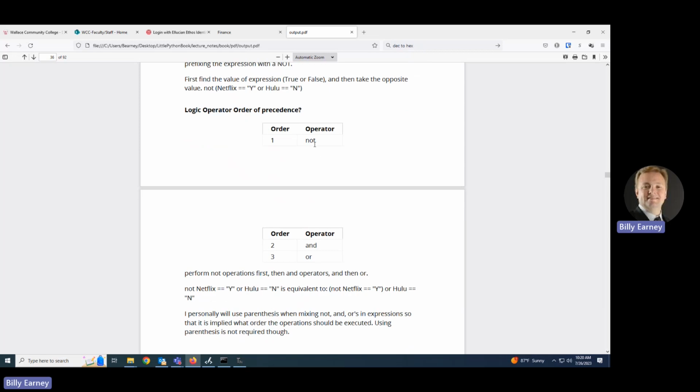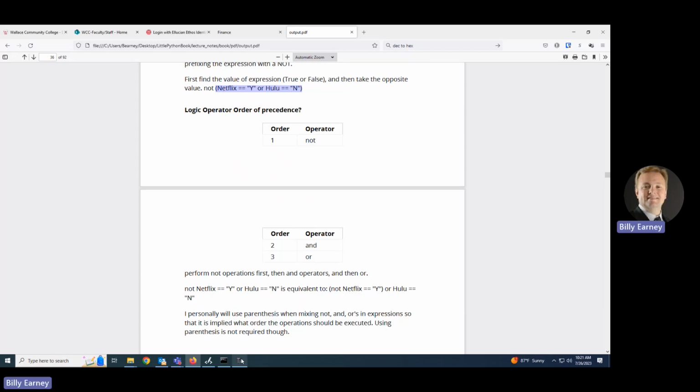So after you do the not, you do the ands and the ors. The only time that you don't do it in that order is whenever you've got parentheses, and then you do whatever's inside the parentheses first before you evaluate anything outside of that. So in this example, you've got to evaluate this expression here and replace it with true or false, and then you do whatever's outside here. So not a value true or false is going to give you the opposite of that. So first you do the nots. If there's no parentheses here whatsoever,